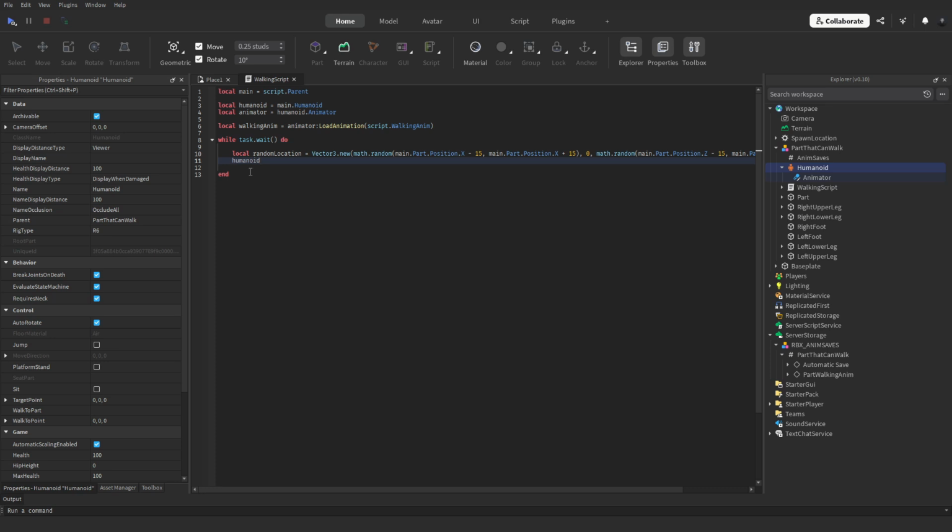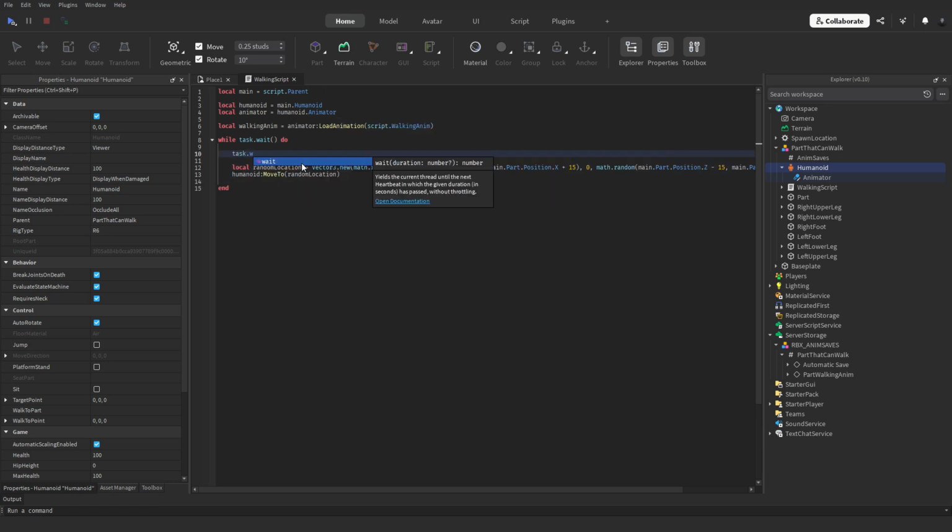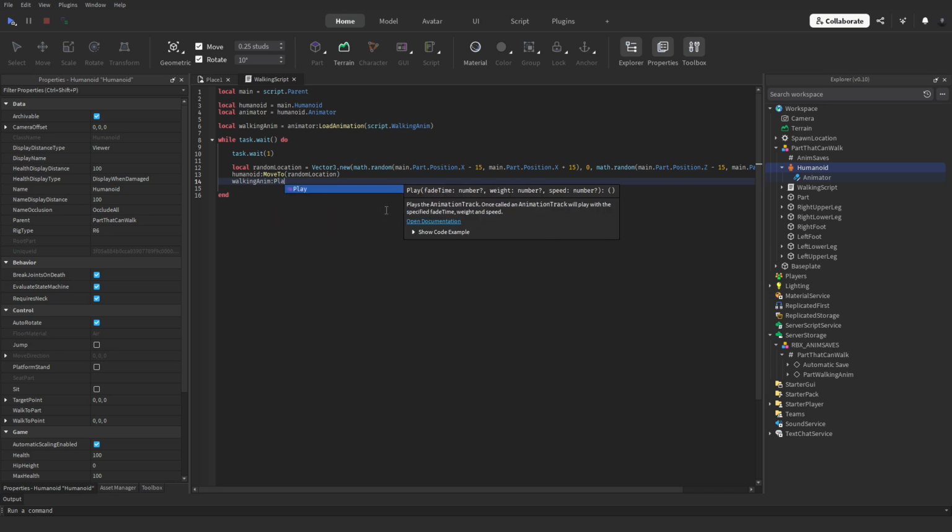So do humanoid and then :move to. That's the function I was talking about. And location, put the random location that we made up here. So that'll make it walk to it. I'm gonna add a task.wait right here, and the duration I'll make it like, I guess, 1 second. I'm gonna also play the walking animation here. And then